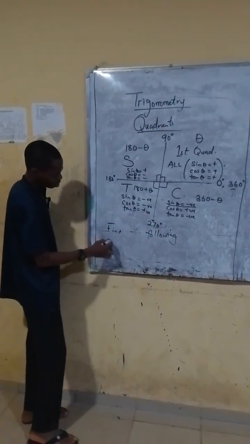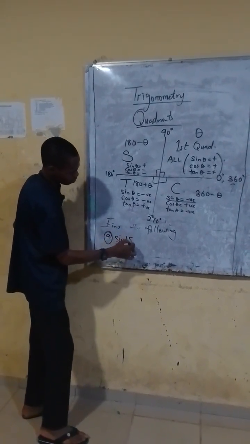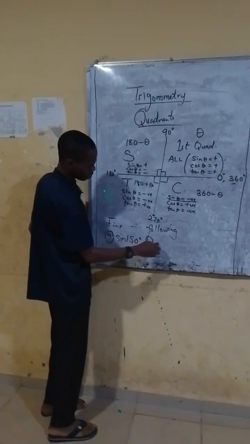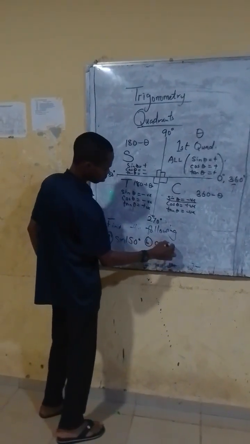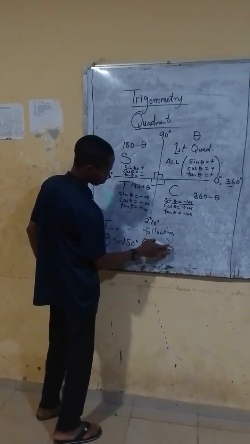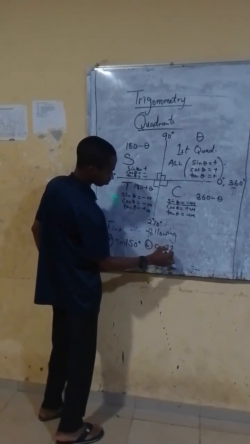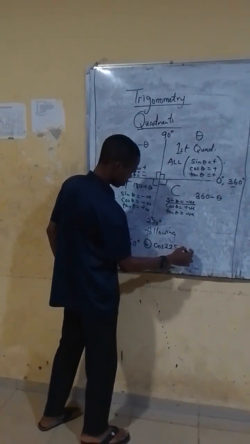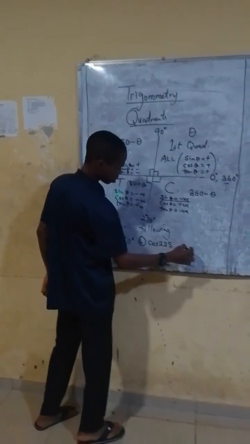Let's say the first one, I was given sine 150. The second one, I have cos 205. Okay, cos 225. Then let's say C, I'm having tan